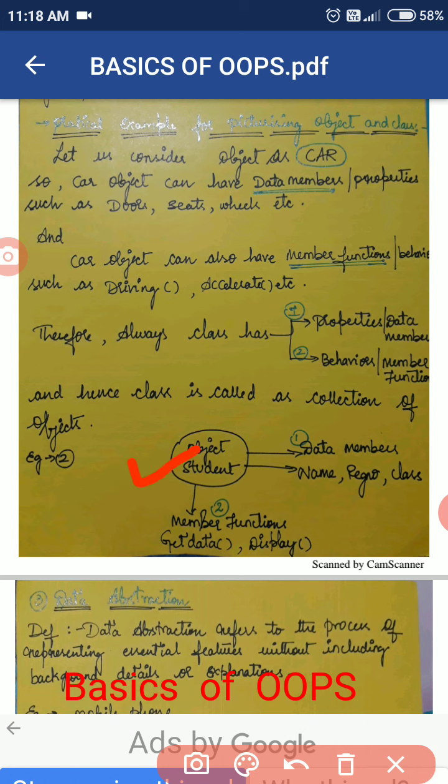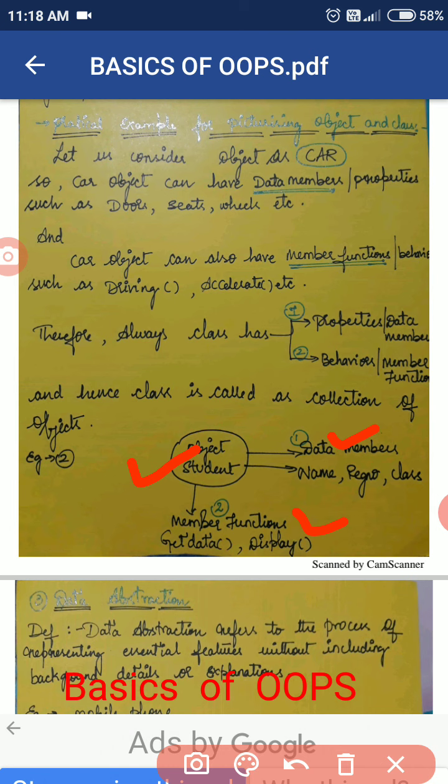So the student object. Here you can see data members as name, register number, class, and member functions as get data and display. So the data members are name, register number, class, and the member functions are get data and display.